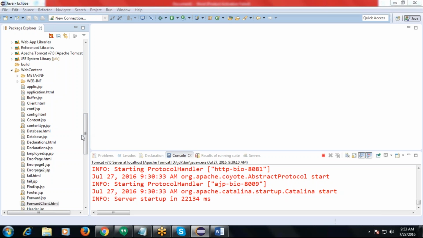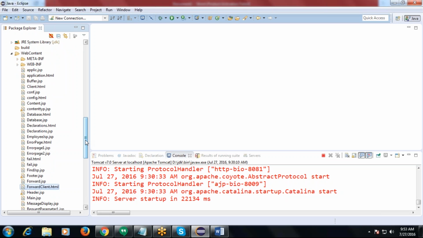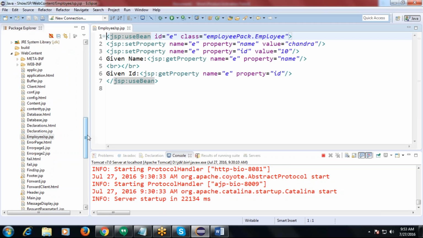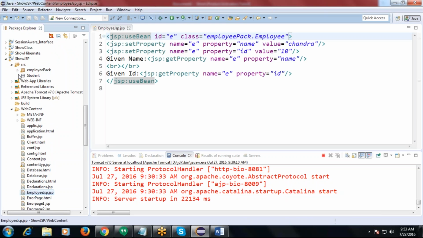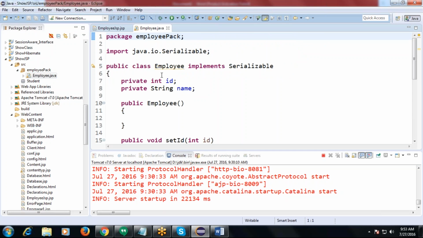The next type of action is nothing but use bean action. Now here you see, we created a normal class like the employee. That means here we created a Java class to represent some employee related details like employee ID and employee name.